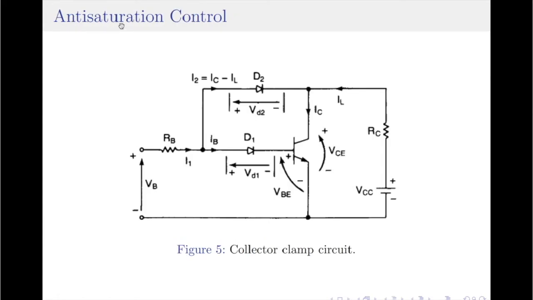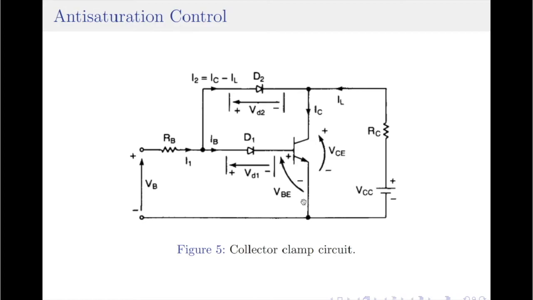Lastly, we move on to the anti-saturation base drive control technique. In high voltage BJTs, the amount of storage time is a function of minority carrier concentration in the base region just before the turn off, and fall time is a function of base drive current turn off characteristic. The storage time can be decreased by minimizing the concentration of minority charge carriers in the base region. This can be accomplished by operating the transistor in soft saturation or quasi-saturation rather than hard saturation.